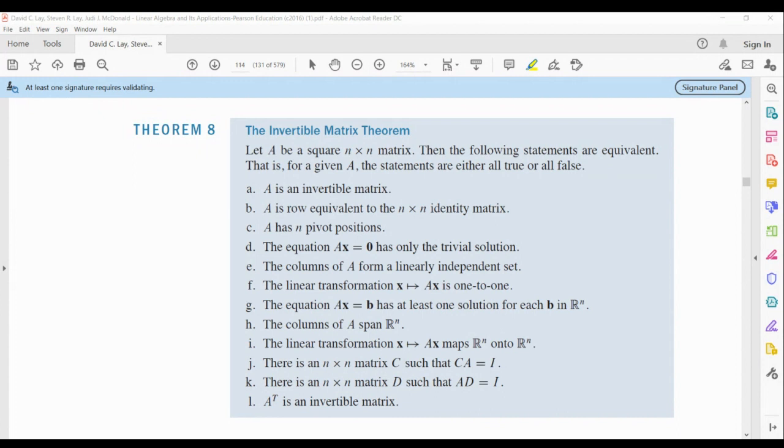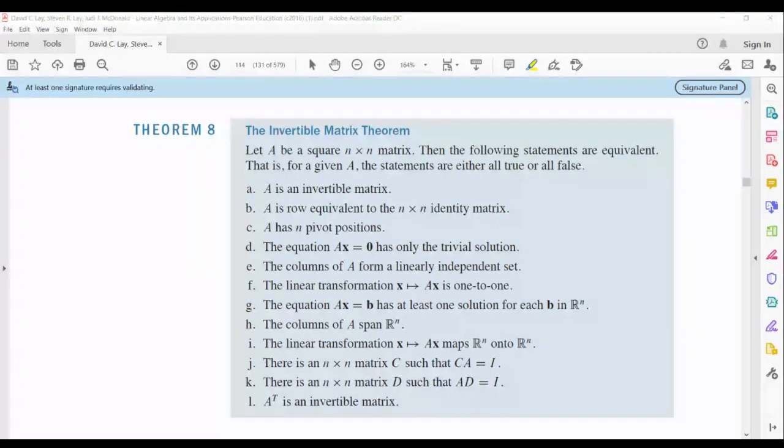If the matrix A is invertible by part A, then part E says the columns of A form a linearly independent set. H says the columns of A span Rn. Well, if the columns of A span the Rn space, then A is an invertible matrix. One implies the other. So this is a very nice